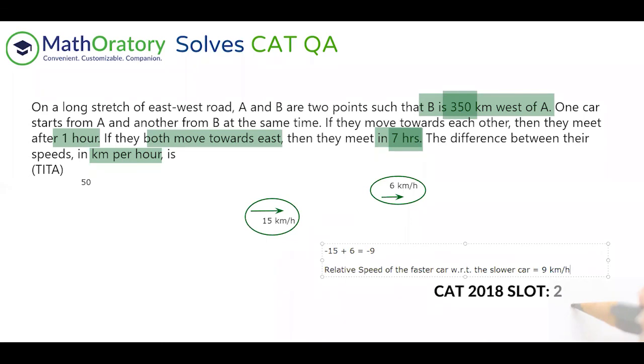So in this example, we have initially a gap of 350 kilometers, and that gap is reducing in 7 hours. So every hour the gap is reducing by 50 km. So that should be the difference in the speeds. So the difference in the speed is 50 km/h. That's it for this question. 10-second problem. Definitely a round one question. Do not miss questions like these. So thank you. I hope that was understood.